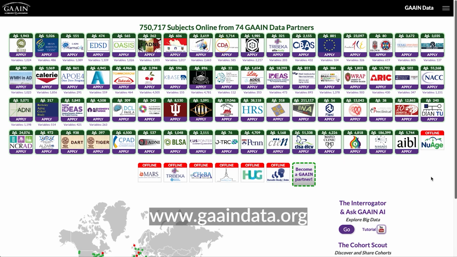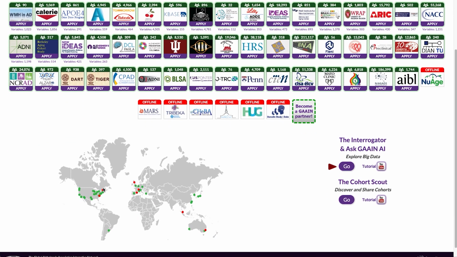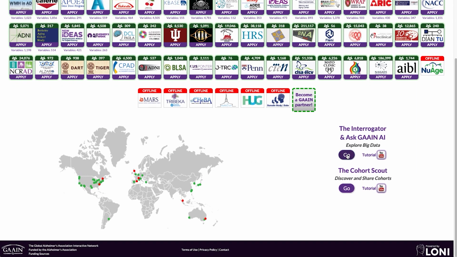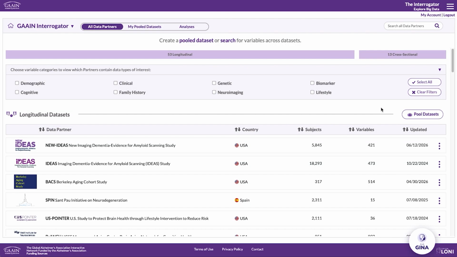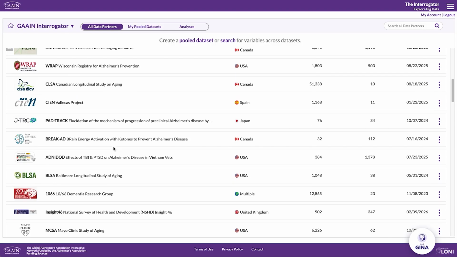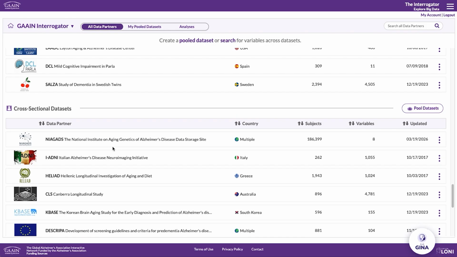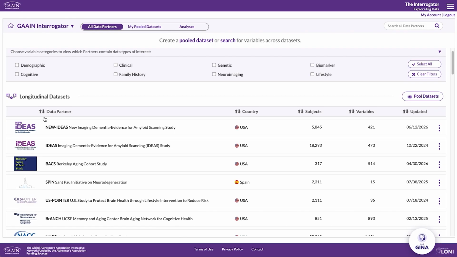This is a GAIN data landing page where you can access Interrogator to explore datasets on Alzheimer's disease, related dementias, and aging. You can create an account via the instant free sign-up link, and after logging in, you will see this Interrogator workspace. In the Interrogator, data partners are grouped into longitudinal and cross-sectional datasets. You can filter datasets that contain your data categories of interest,